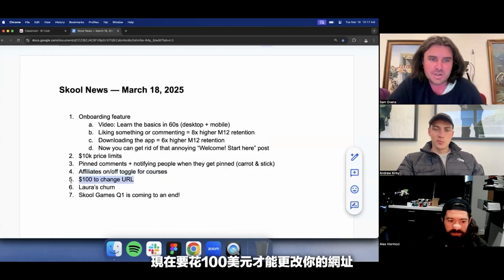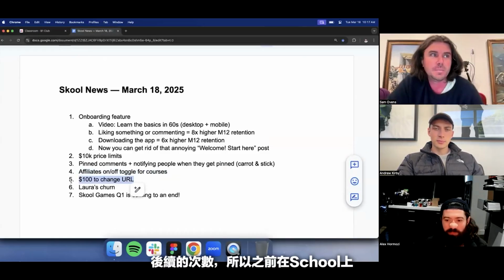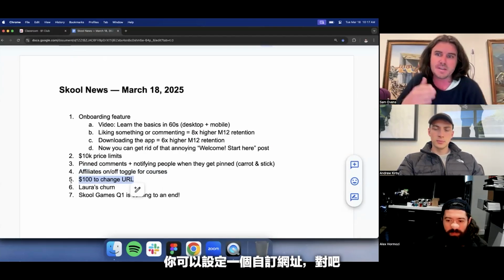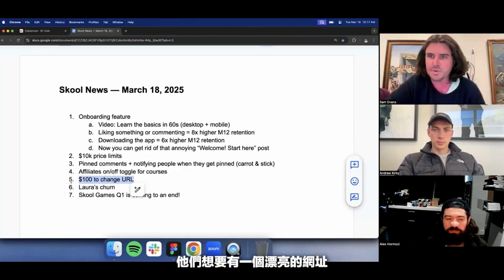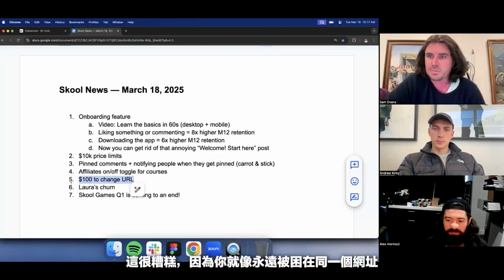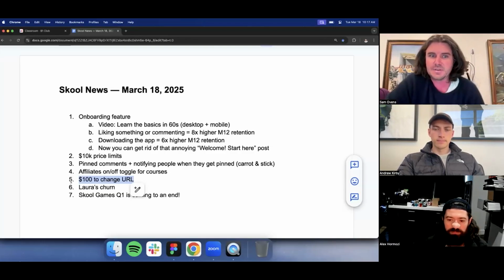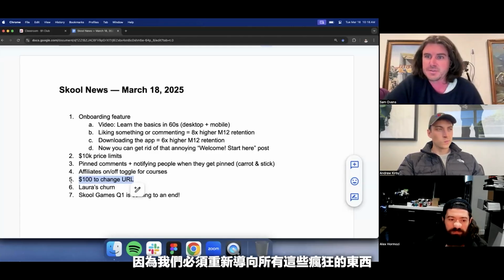Now, $100 to change your URL, not the first time, but subsequent times. Previously on Skool, you know, you can set a custom URL, right? And people love that feature. They want to have a nice URL. But if they change their mind later on, or their brand changes or whatever, you used to not be able to change it, which sucked, because you're forever stuck with the same URL, which is pretty bad, honestly. But at the same time, we really don't want people changing URLs all the time, because we have to redirect all of these crazy things,